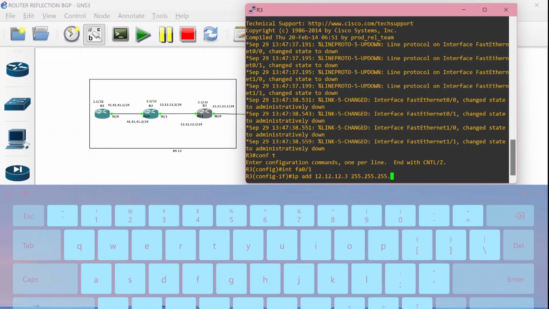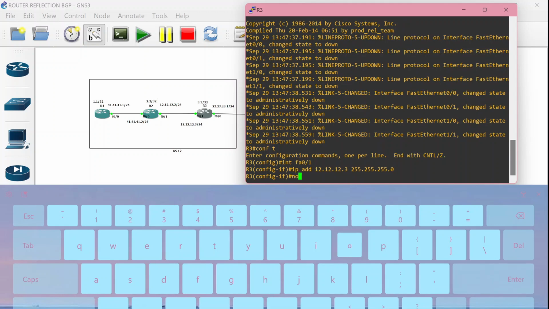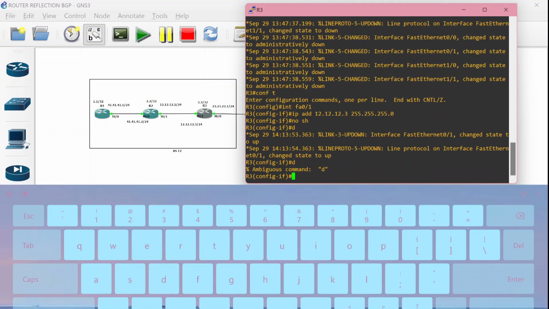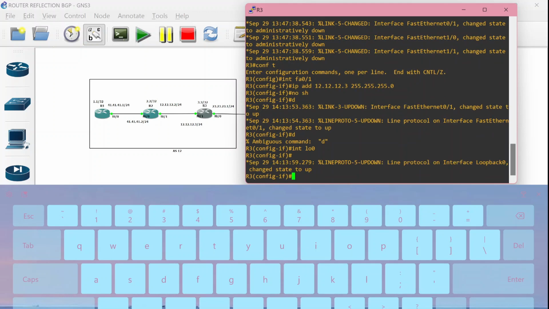Never mind, it is not wrong, the order doesn't matter. And don't forget the interface loopback and get the IP. This is router number 3 and the IP is 3.3, and don't forget to enter the subnet mask.